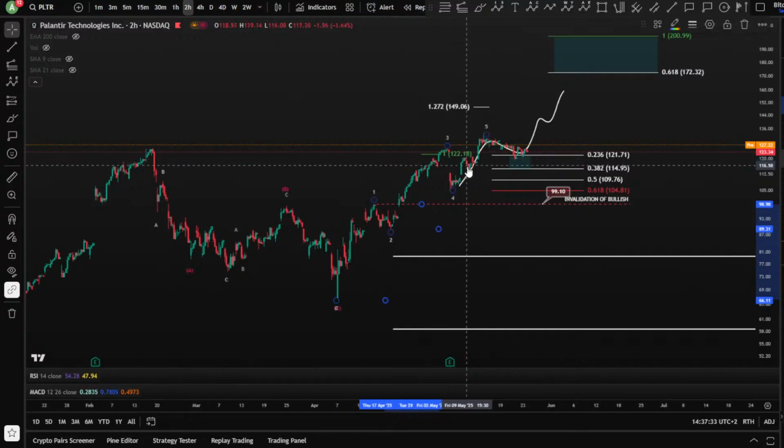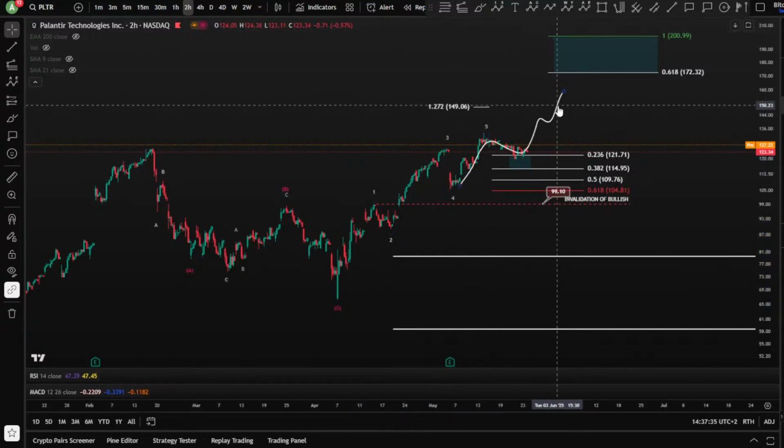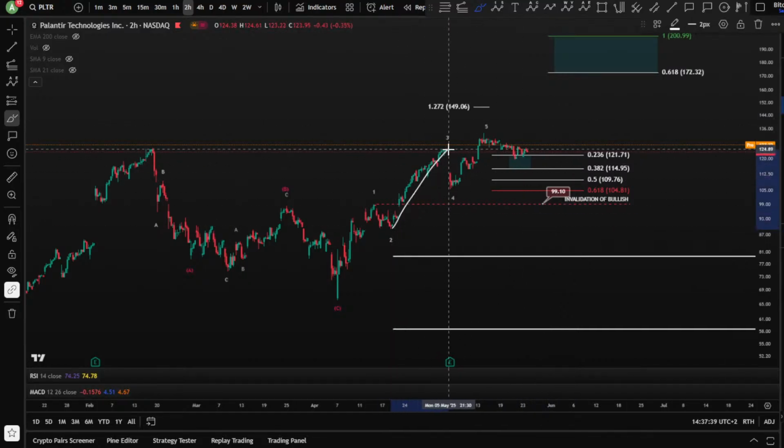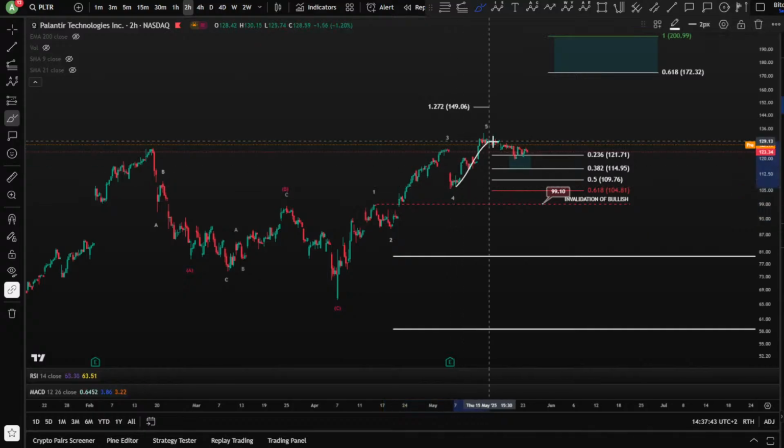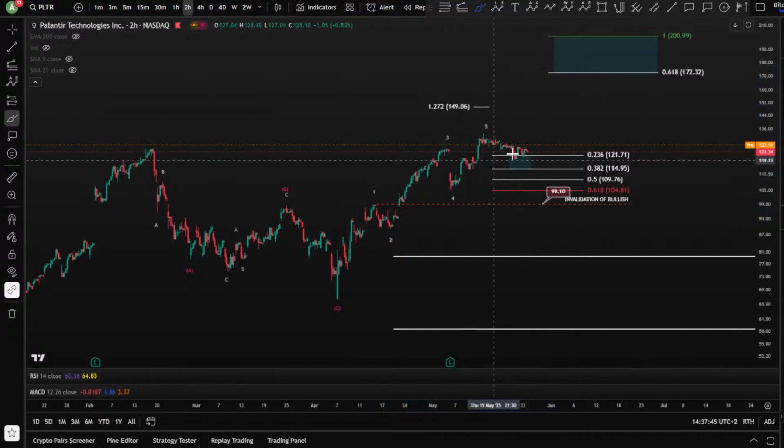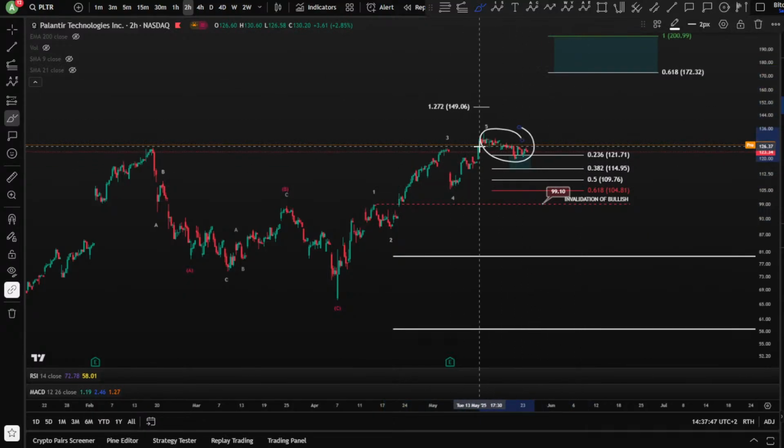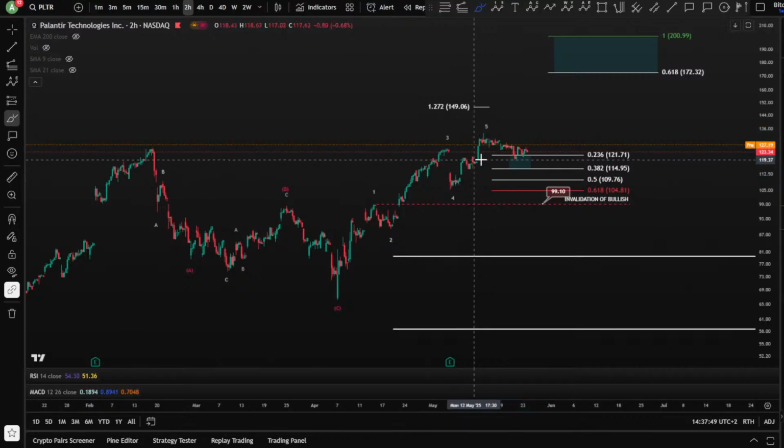Well, yes. Okay. So yes, we can get an extended wave 5, guys. We can get an extended wave 5. Wave 3 is longer than wave 1, but still short. Yeah? And that's why we might get an extended wave 5. And that's why we are looking at a very sideways corrective.